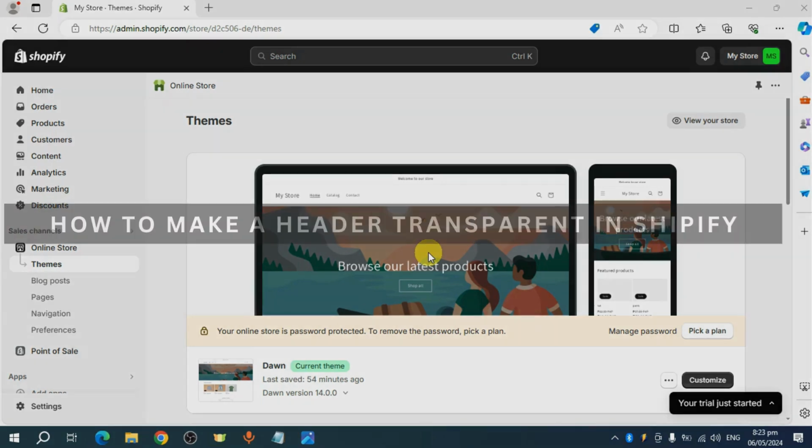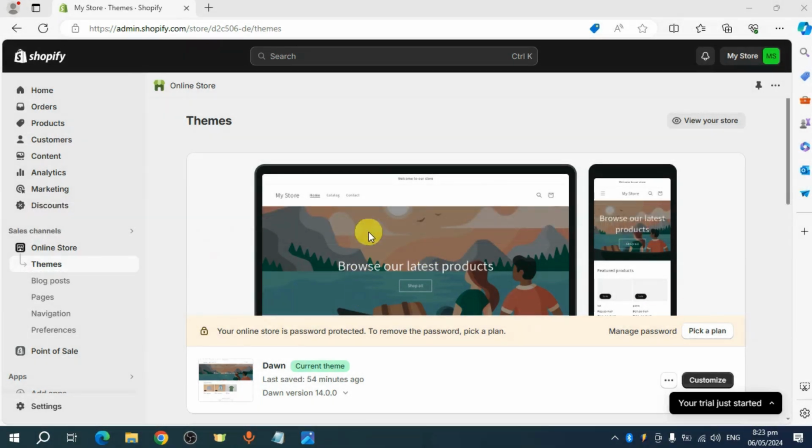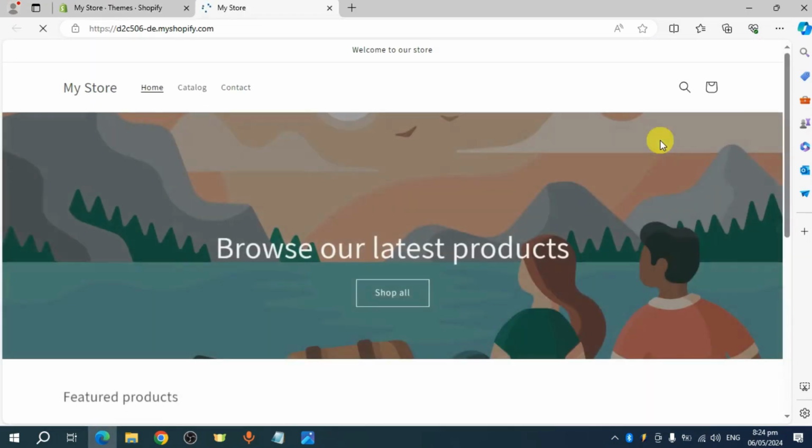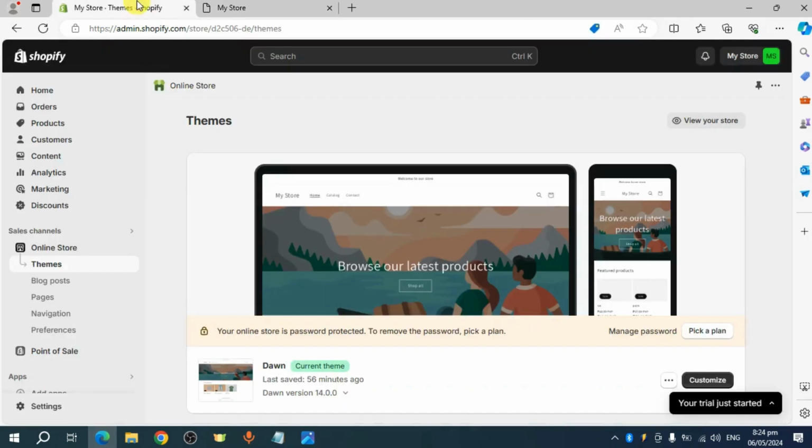In this video, I will show you how to make header transparent in Shopify. Let's get started. So for now, let's head over and view our store first. On my store, I have a white header, and as you can see, it's not really transparent in any case. So if you want to make it transparent, what you can do is you can first head